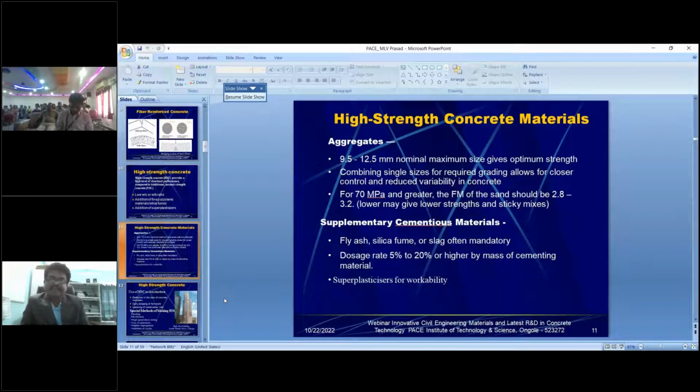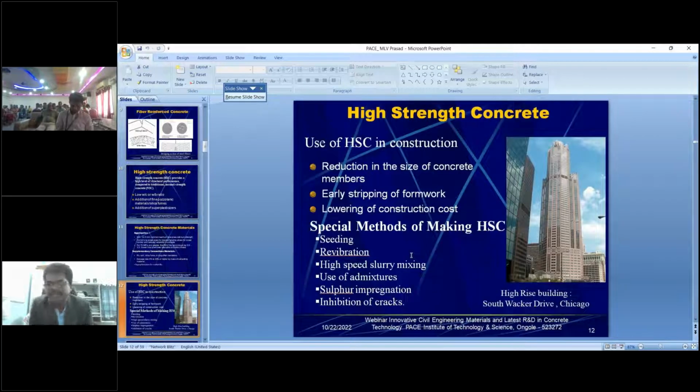Silica fume, fly ash, GGBS are all ashes only, but there is a small change in the collection process. Based on how you are collecting, they are given a different name. Nowadays even JSW is using slag also. Slag is also one type of ash. But based on how you are collecting and the fineness, we give different names to these materials. Obviously I told you, in case of high rise buildings, let us say if it is G plus 80 or G plus 100,